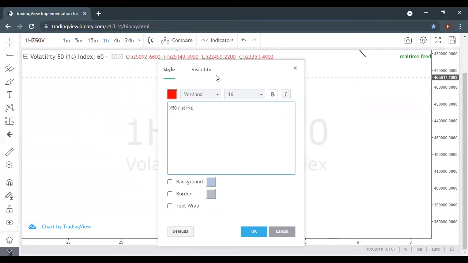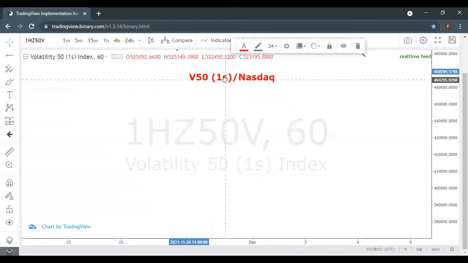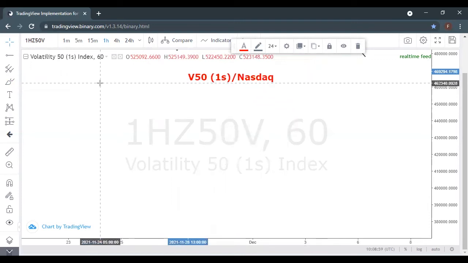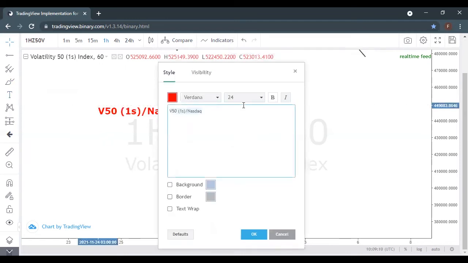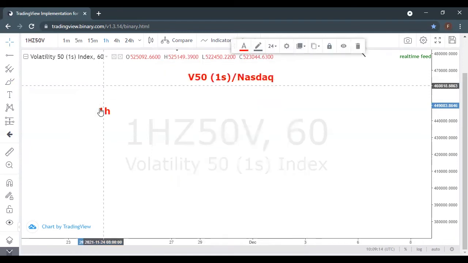This is our pair. We have time frames, right? We have the 1 hour, the 4 hour, the day one or whatever. So let's say we have the 1 hour time frame here,